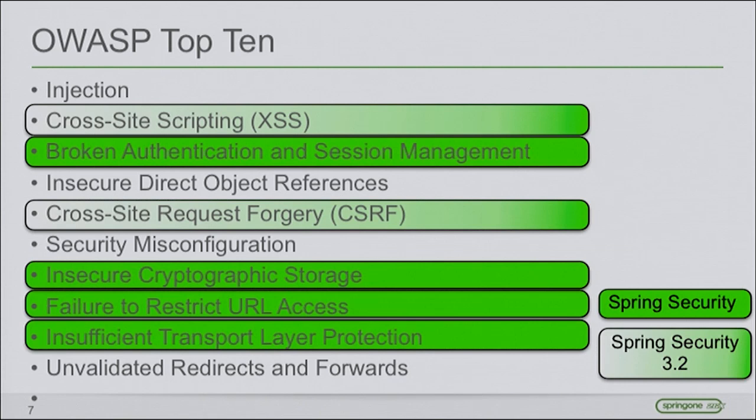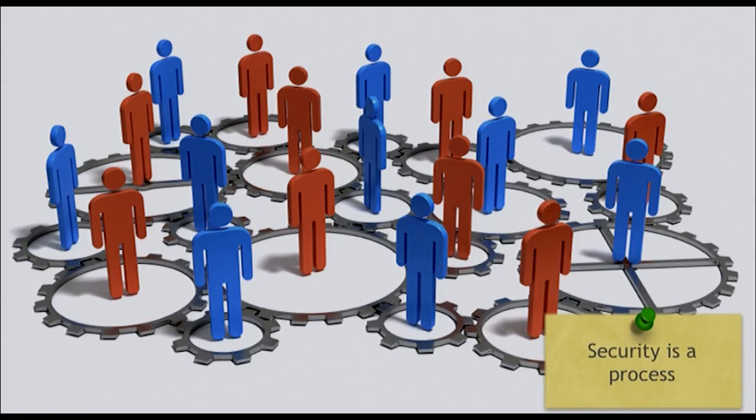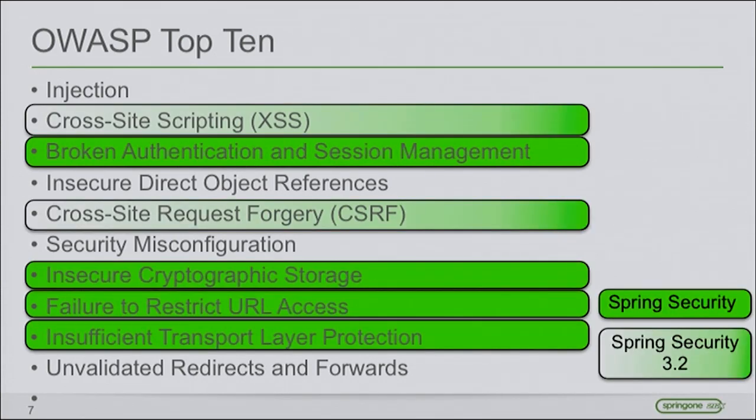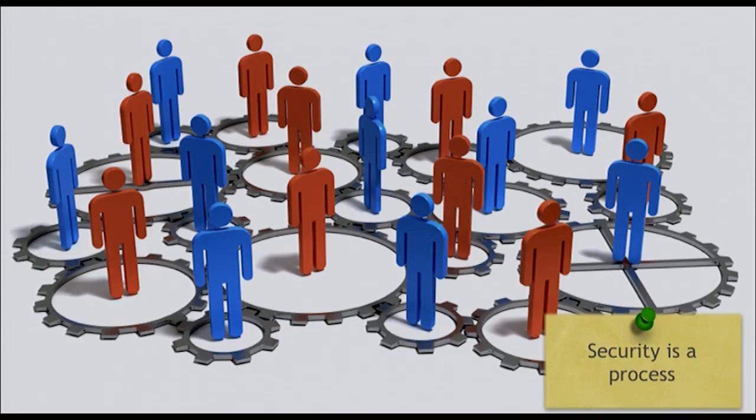So that is not the interesting stuff, because that is the stuff Spring Security can handle for you. But what about all that other stuff? Like injection, insecure direct object references, and so on. Well, the bad news about that is you have to handle that. And probably no frameworks. There are frameworks out there who claim that they handle all the OWASP top 10 stuff, which is only somehow true, because they might help you with that, like the cross-site scripting support from Spring Security, for example, but they cannot solve that completely.